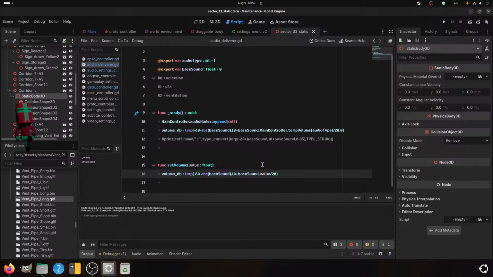No, that's correct. 10 plus bass sound, and the value you get is main controller temp volume audio type.